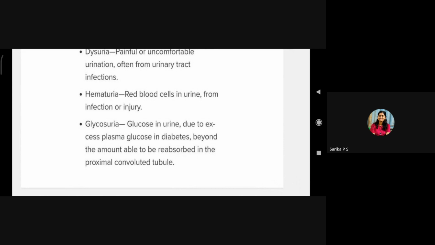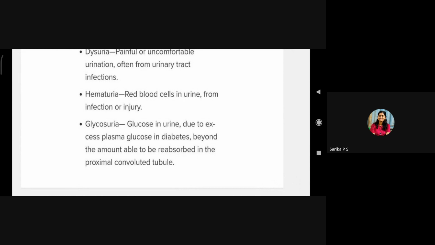So urine is containing glucose. That is why doctors sometimes ask whether ants are getting attracted to your urine. If ants are getting attracted to your urine, that means your urine contains glucose,